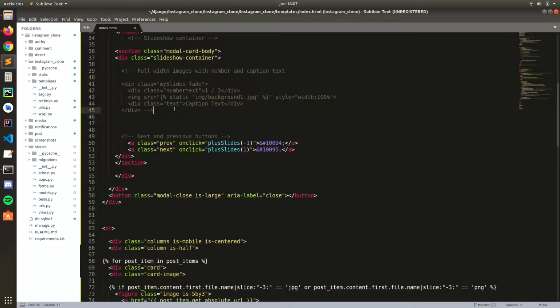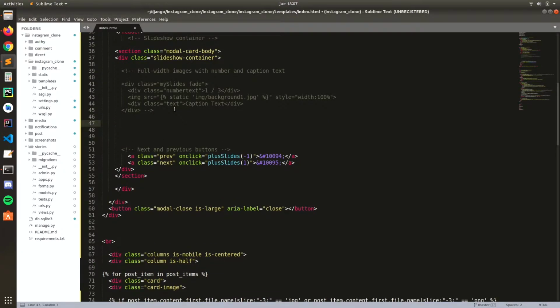So what we're going to do is create a new div here. Let's assign it the ID JSON data, because we're going to basically append all the slides here in this div,